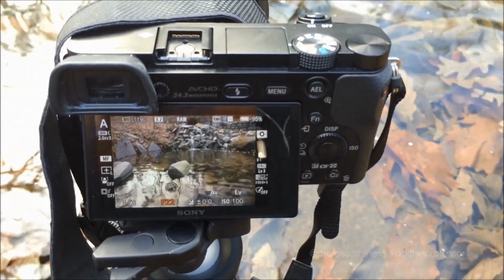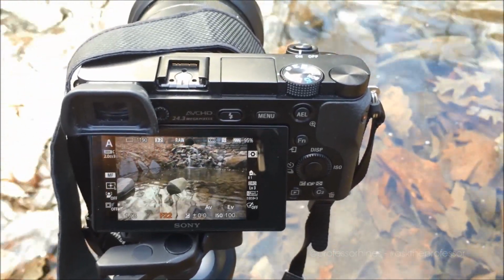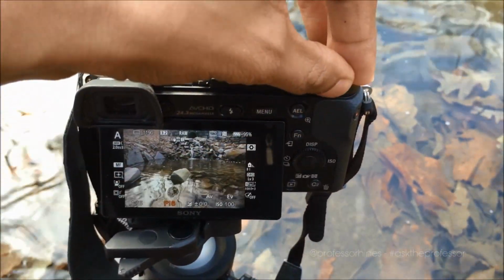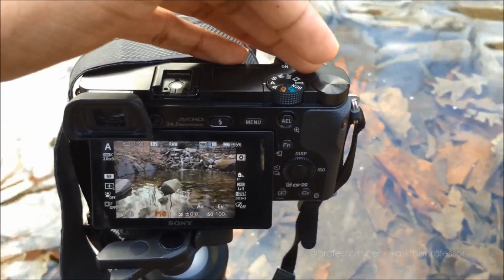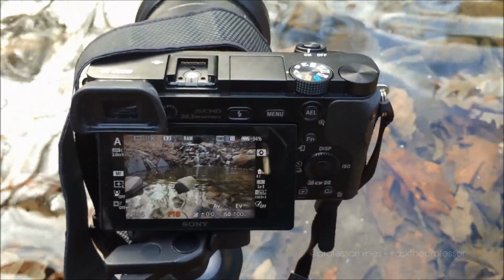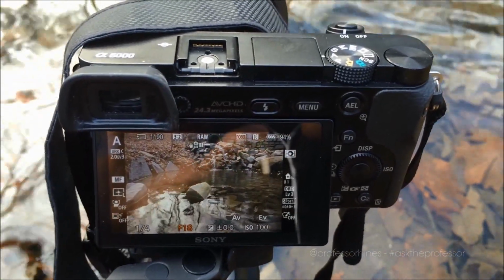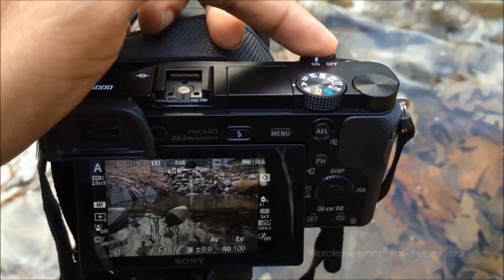But the reason I'm not doing that is because sometimes when you go that high, it's not going to make everything as sharp as you would think. And so leaving it around F16 is what I generally like to go to. Now, to get a little bit more, I'll go to F18. So once you have all of that, you see that my shutter right now with that setup is 1/4 of a second. Now, if we take those frames,